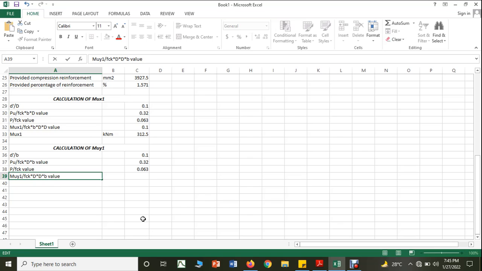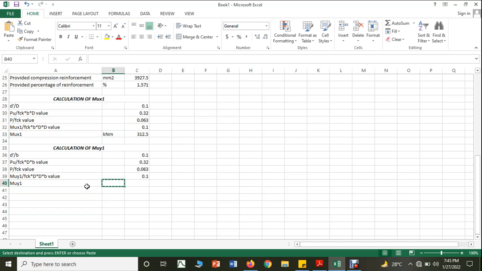So Mu by fck db square value, which will be, now I am supposed to get it from the chart, which will be equal to again 0.1 only here. So therefore finally I am going to get Muy1 value. It will be Muy1 and this will be in kilonewton meter. So that will be equal to 0.1 into